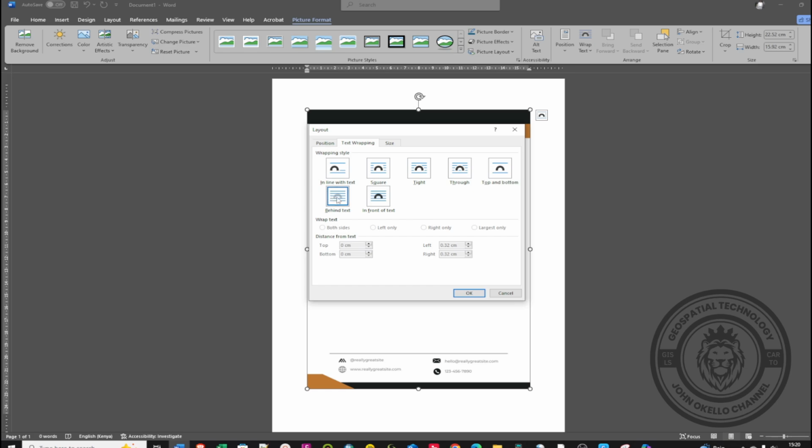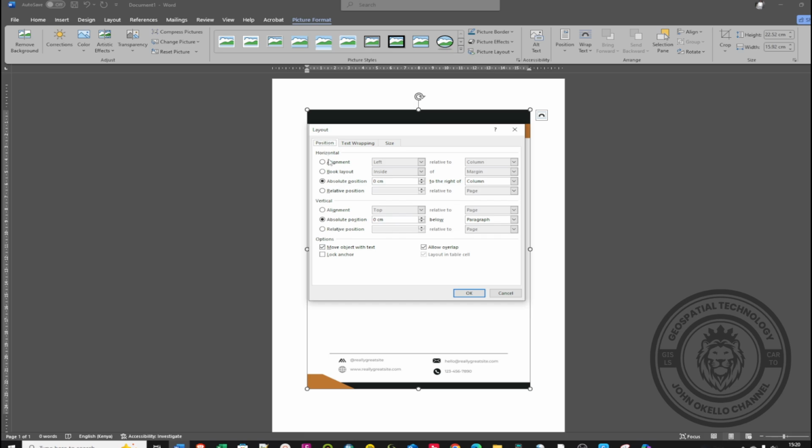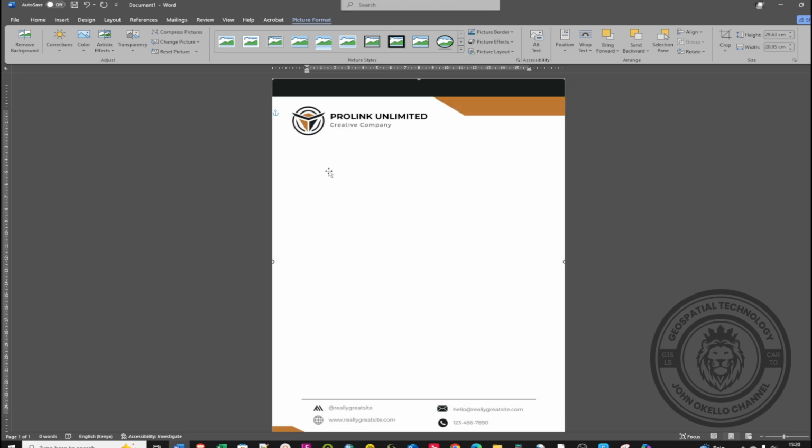Make sure that you select this one here, and then go to Position, and under Horizontal alignment, just select it, and then choose Centered and relative to Page. Make sure that it's relative to page, and then under Vertical position, select also Alignment, and then make sure that this one is Top, and then relative to Page also, and then just click OK, and now you have your